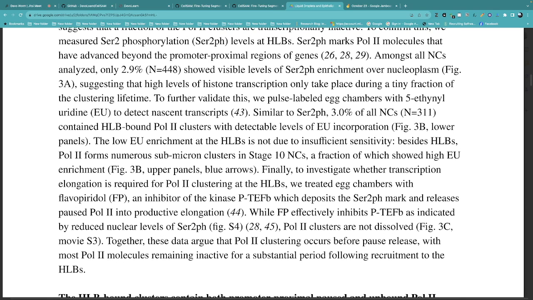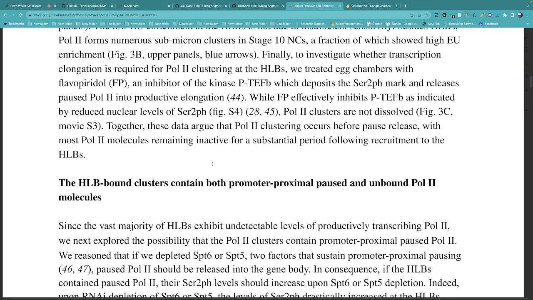But basically, you have these clusters, a small number of them are active. So this is why when you get more and more copies of the gene, or more copies of the locus, you end up with more clusters. And so this is where you're getting an increase in Pol-II in the clusters, along with an increase in the